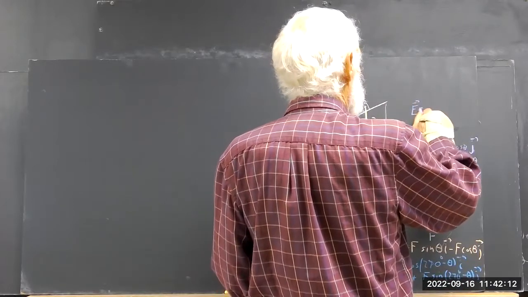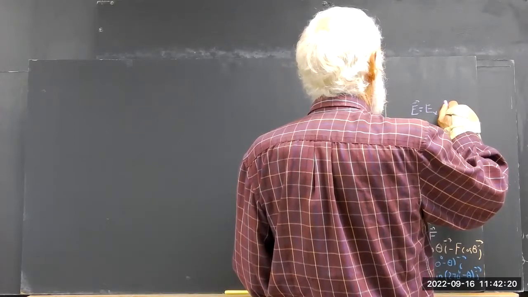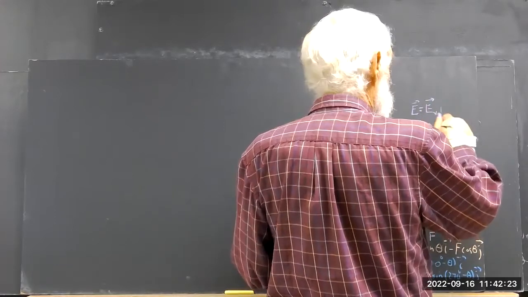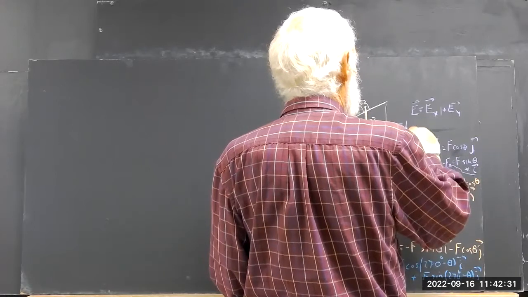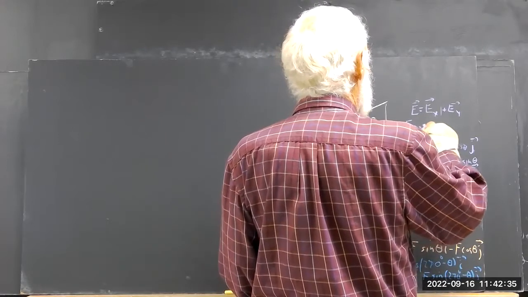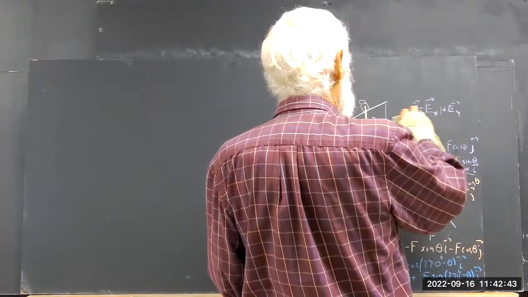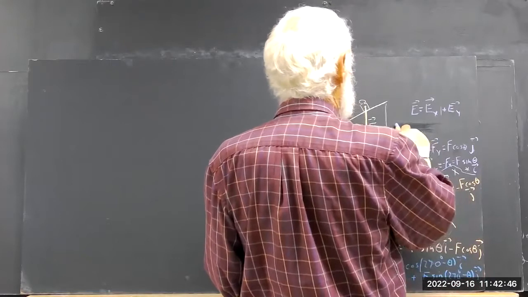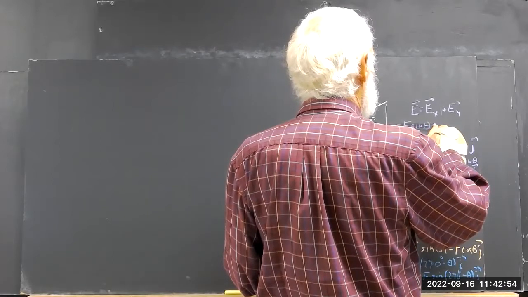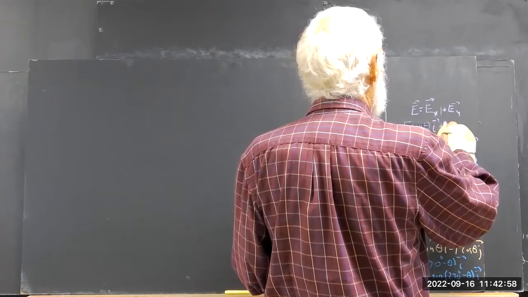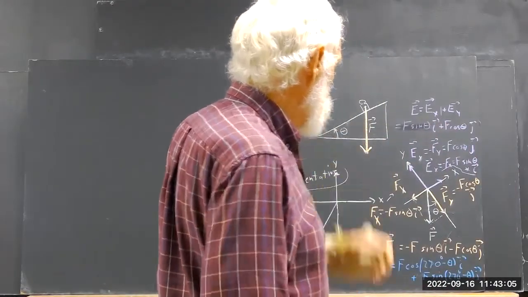F equals F_x I, I'm just going to write it this way: the vector component dx plus the vector component dy, which equals negative F sine theta I plus F cosine theta J. Okay,